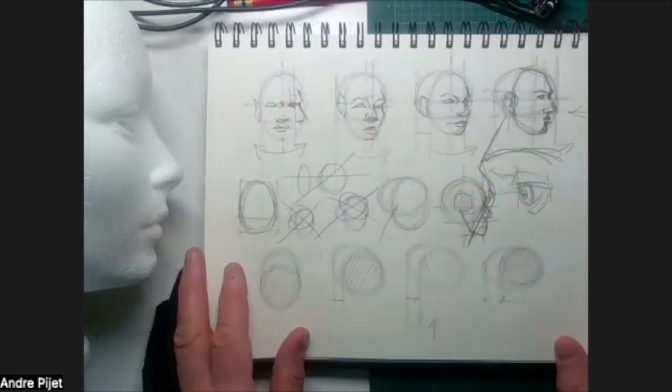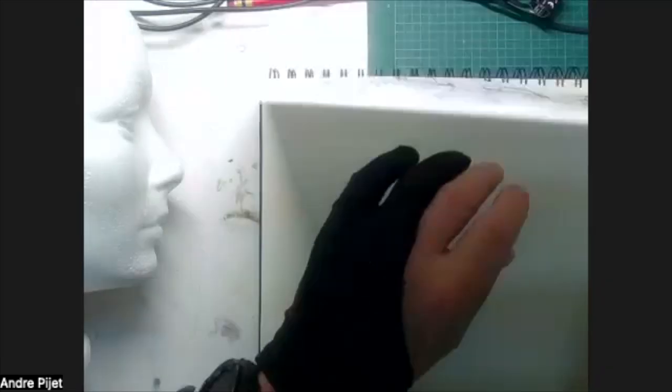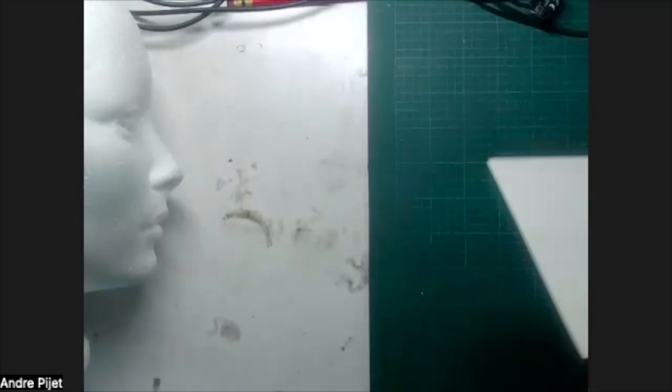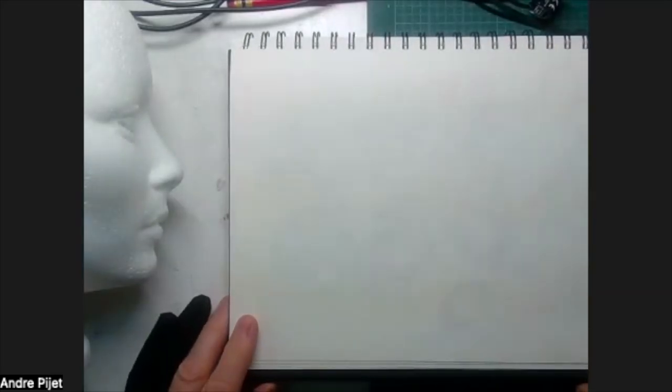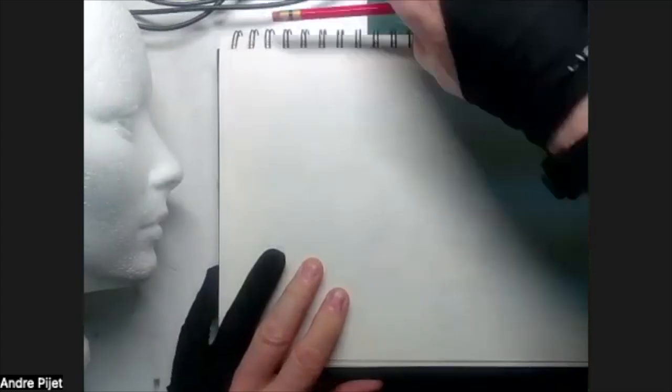So, to conclude all that, look now, if I go, for example, we're going to sketch a little bit the heads now, different